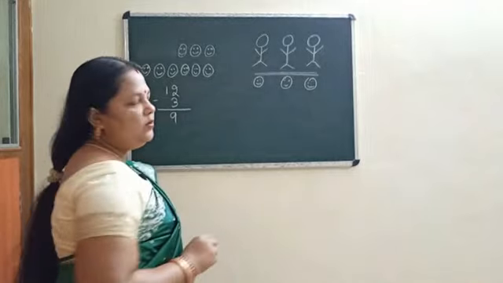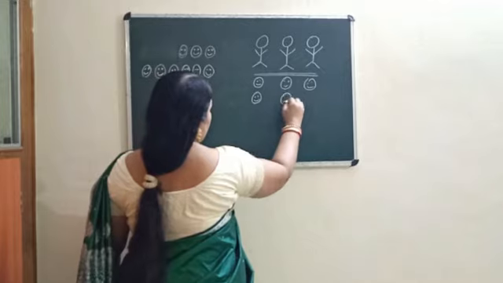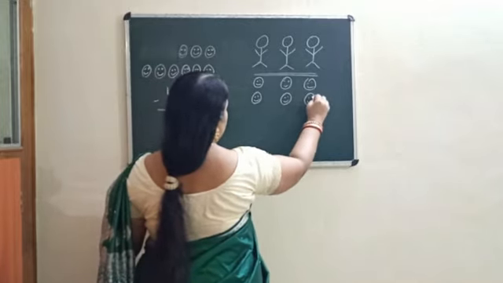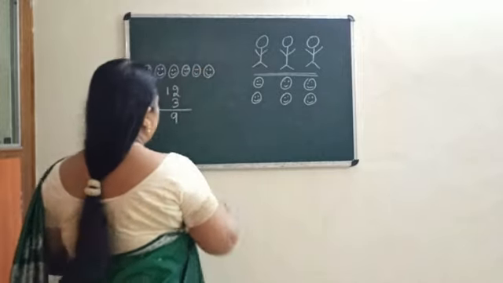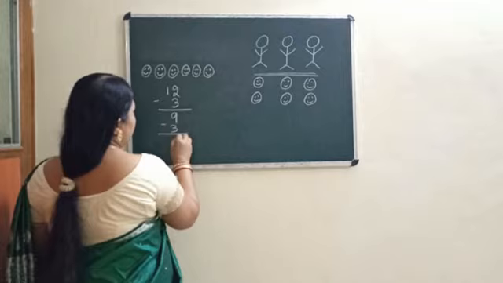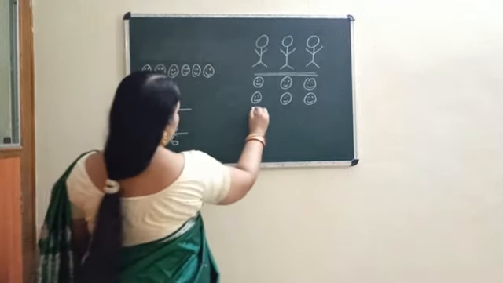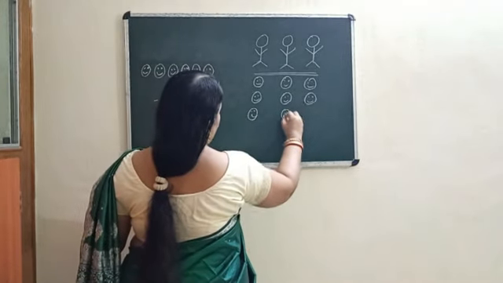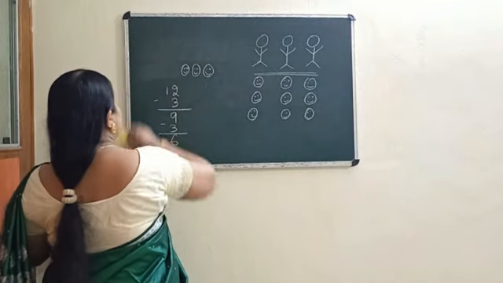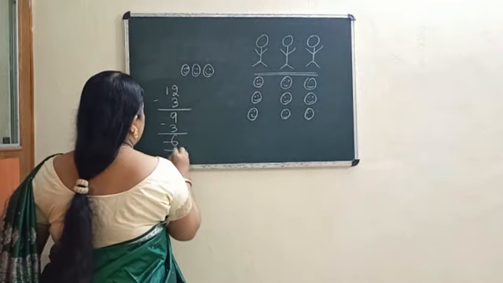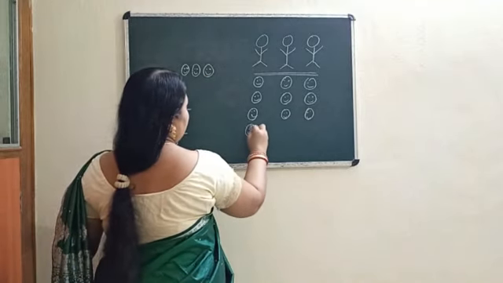So next what are we going to do? Again we will give 1, 1. Yes or no? If we give another sticker to each student, then these 3 also we have shared, then do the minus, how much is left? 6. You can see 6 faces are left. Again we will share 1, 1 with each student, and again we are rubbing it out. Okay, 6 minus 3, how much is left? 3 faces you can see here. Then these 3 also we are going to share.